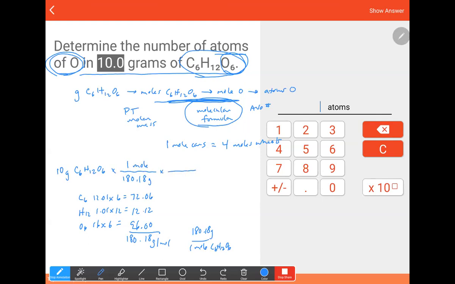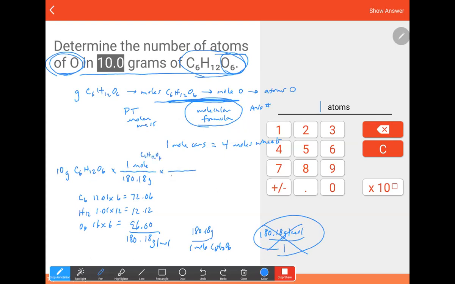Now it's important to separate those double units. Don't write grams per mole over 1. That's not right. That's not what we're doing. The grams are on top and the moles are on bottom, or the moles are on top and the grams are on bottom. So now I'm in moles of